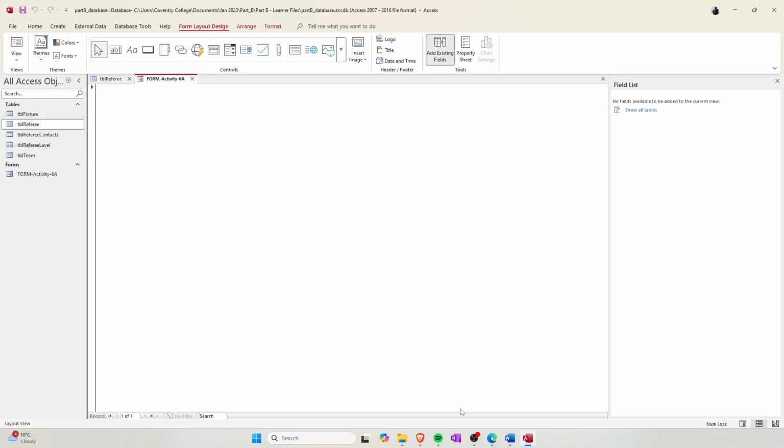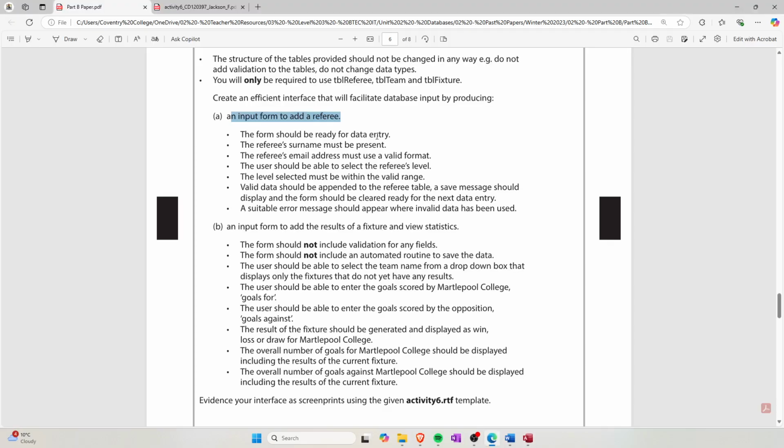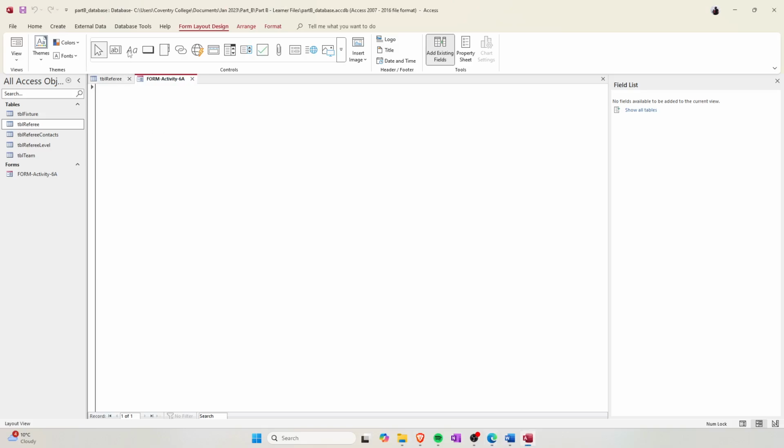Yeah? So we're going to add a title appropriate to what the form is going to do. So this is a data entry form to add a referee. So the title of the form will be add referee. And the instructions, you can put generic instructions such as please complete the fields marked with an asterisk to add a new record. Or you could personalize it. So I'm going to personalize it and put please complete the fields marked